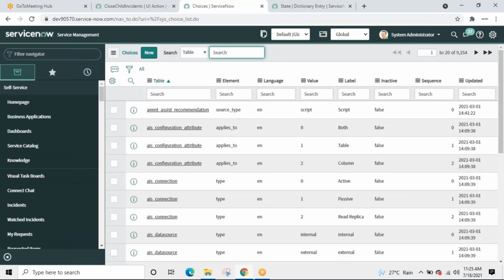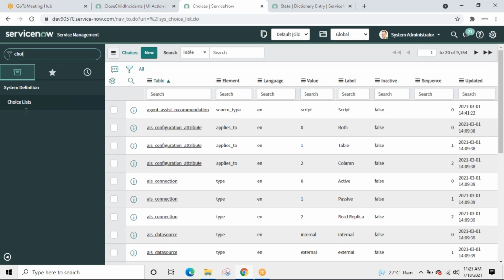Hit yes. See, why can I not locate the choice table over here by writing choice? Is it there? Let me check. Choice list. Yes, it is there. In case any table you are not able to search in the navigation using the label, that means the module for that is not present over here, but the table does exist.